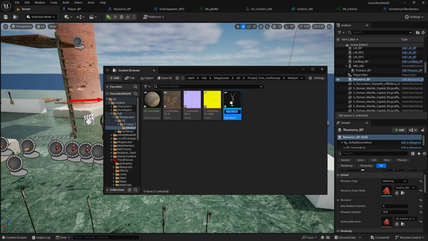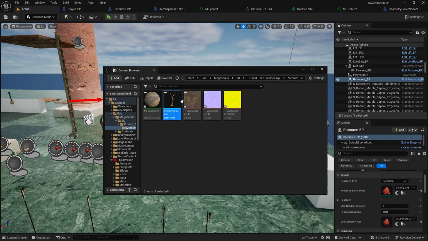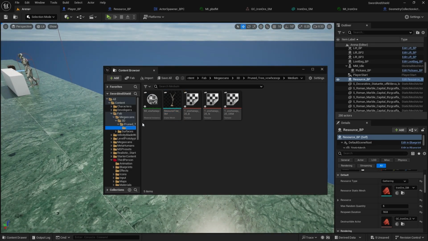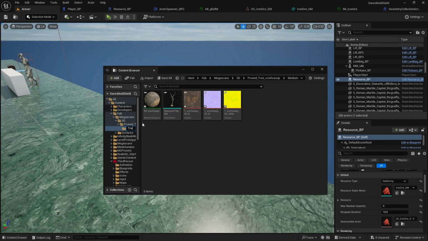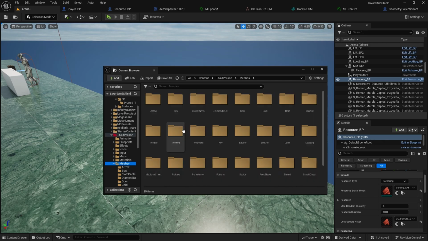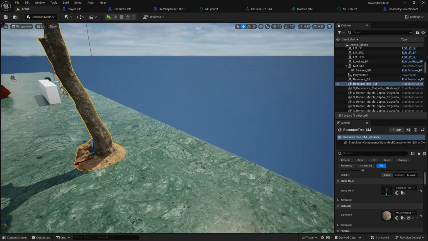This will be collect resource tree_sm, and let's rename this as well to tree and drag it into meshes. Move here, then drag it out,